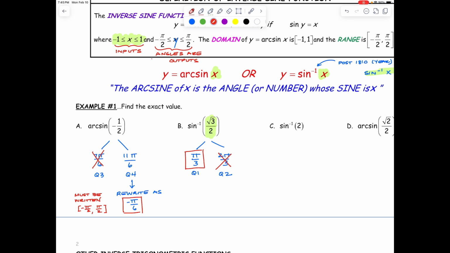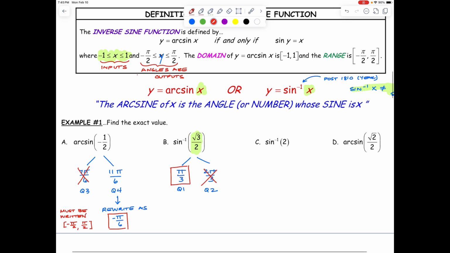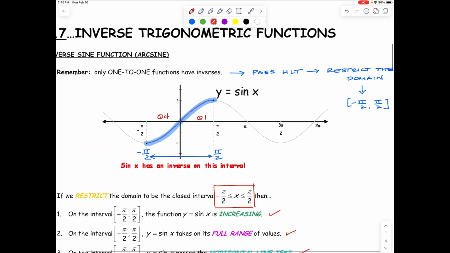For C, you're probably puzzled by that. It's like, wait a minute, that's 2. I don't remember any exact values in our unit circle that give us 2. There's no angles that produce that number. Well, you're right, because 2 is outside. That's larger than the maximum and minimum values